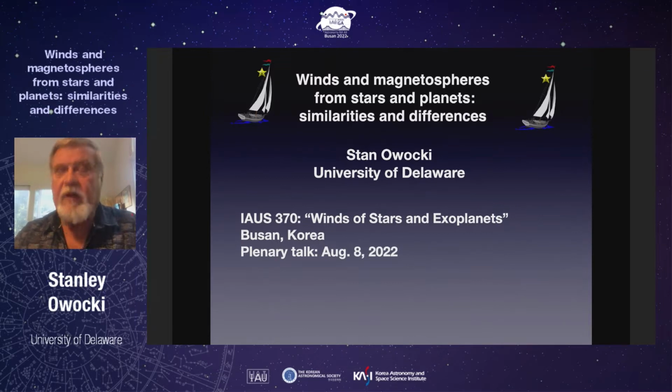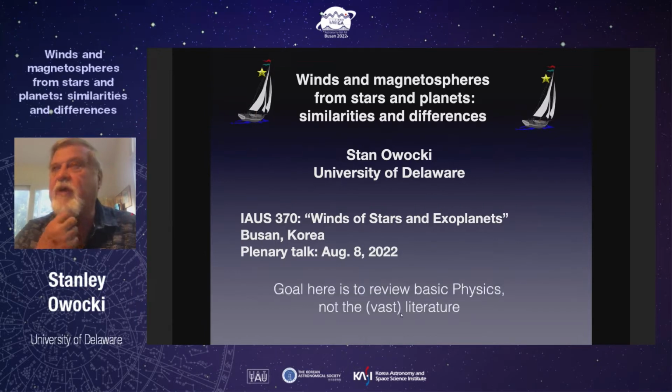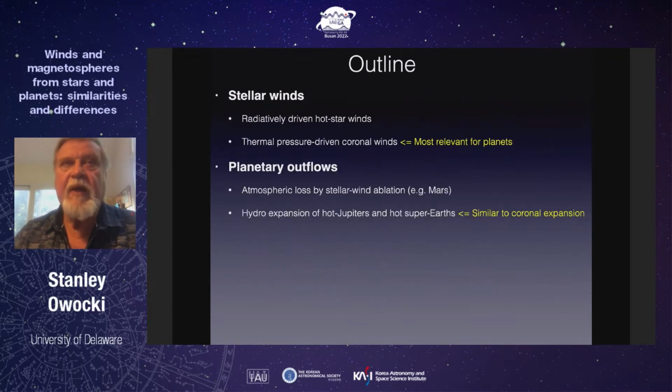Now, my goal in this talk is to try to emphasize the basic physics of mass loss from stars and planets. I'm not particularly well adept at reviewing the literature, which is very vast in this area, both of winds from stars and exoplanets. So the outline of my talk is that basically I'll spend the first half of the talk